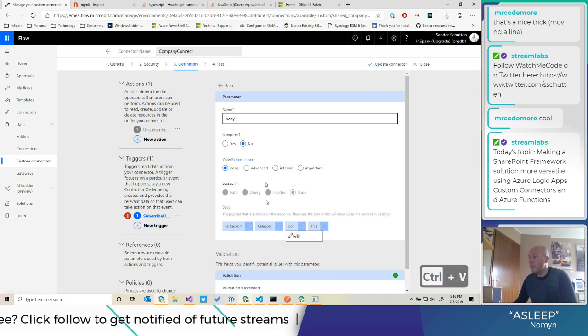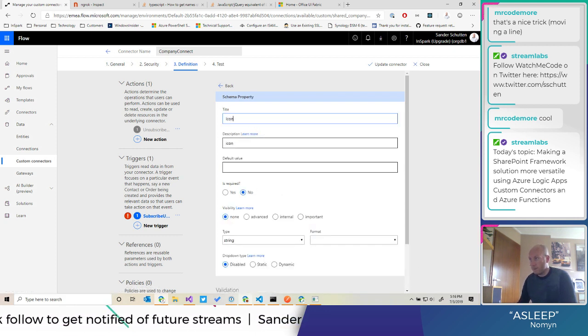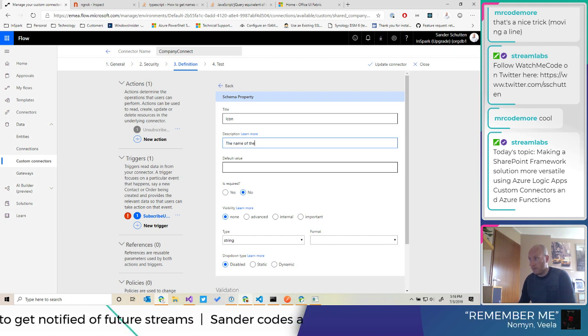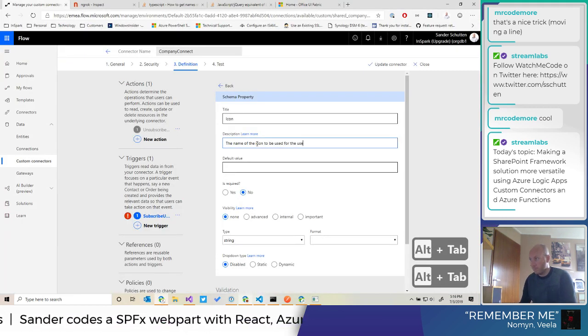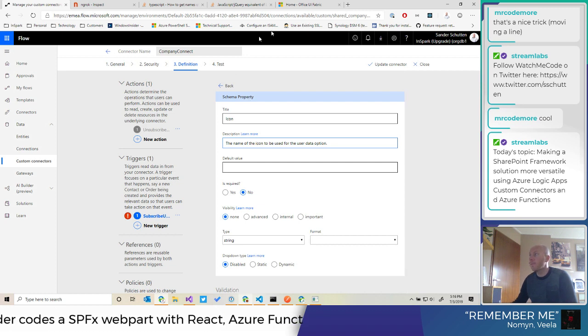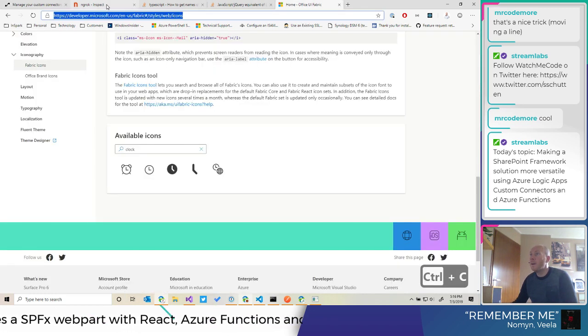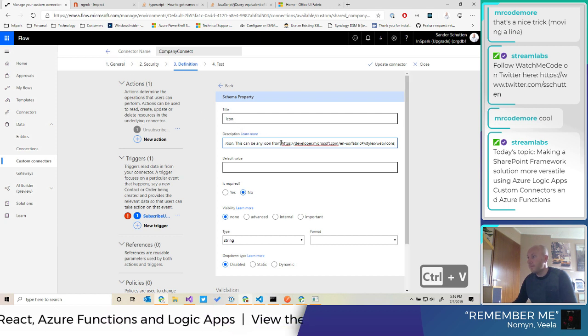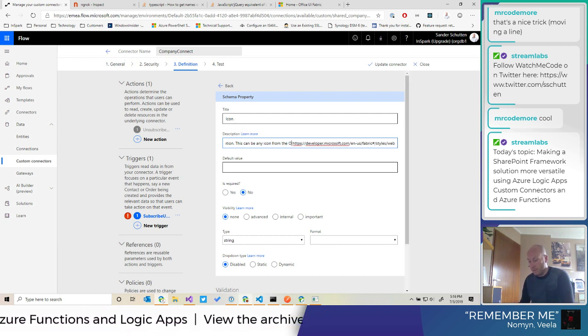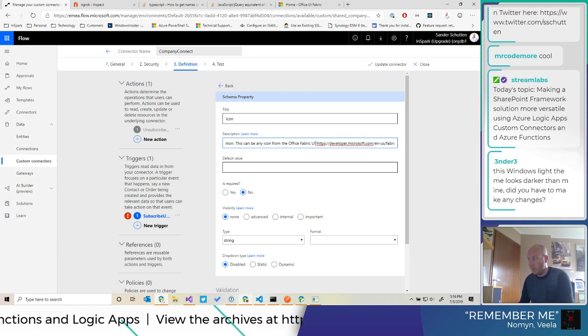And now the icon. And this can be any icon from the Office Fabric UI. See there.